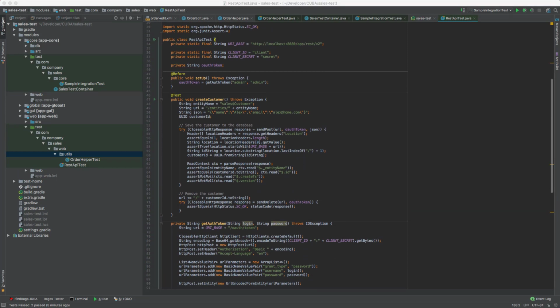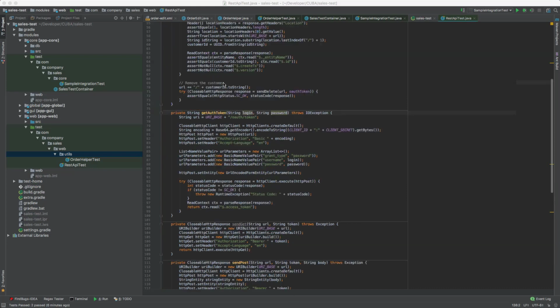As the documentation says, the REST API is available at the URL /rest/v2. Before accessing a protected resource, a user must get an authentication token. The token can be obtained at the /oauth/token URL. The /oauth/token endpoint is protected with basic authentication. The request must contain an authorization header for basic authentication with REST API client credentials. User credentials must be passed in the request body.